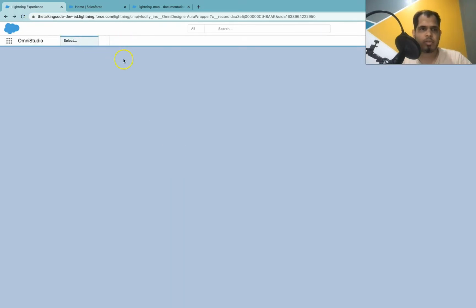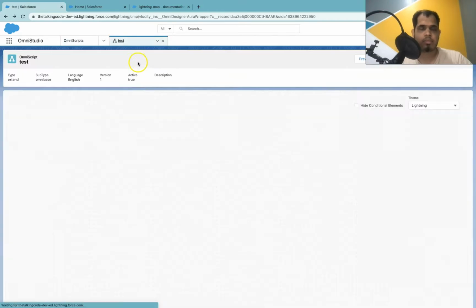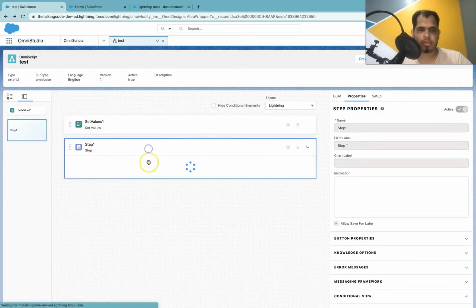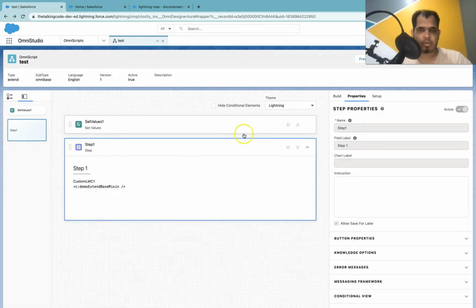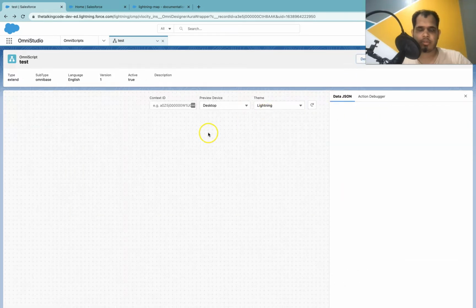I will refresh the whole page once. Okay, so let me preview this. You should still be seeing the same map with 2 locations.